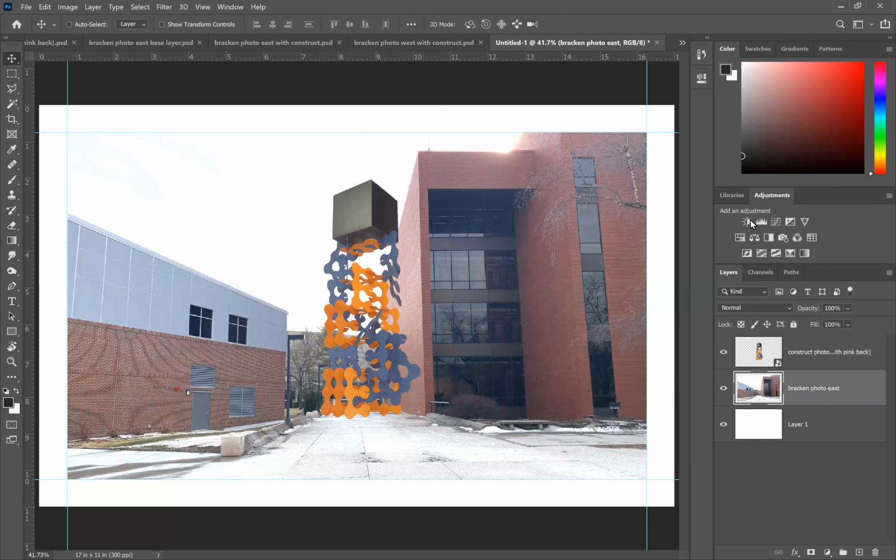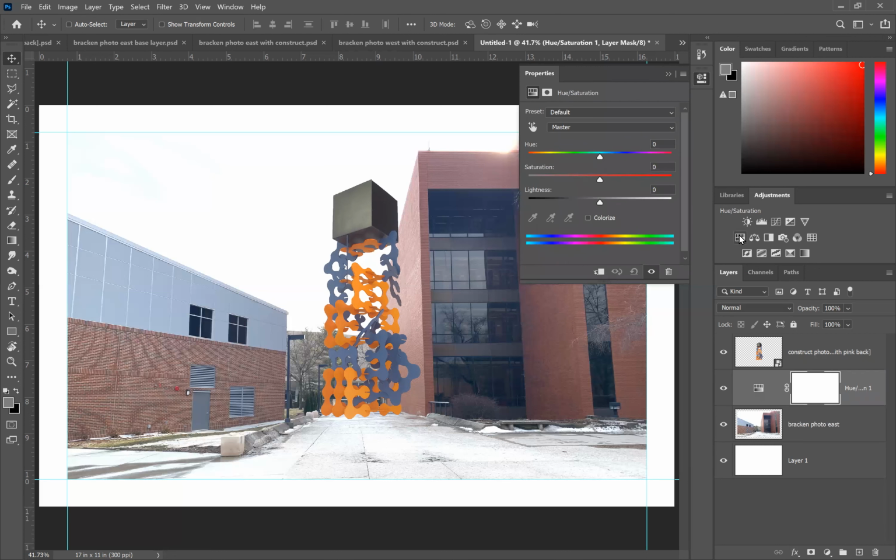If I select this image here, we do have some adjustments we can play with. These adjustment settings, you might check those out if you wanted to. One of my defaults is always going to be hue and saturation, which is this left icon here. With this layer selected, I can click on hue and saturation, and it's creating essentially another layer modification, if you will, a layer above that. And I can go to saturation. I can play with those sliders to desaturate the background. There it is, completely in grayscale, if I take saturation all the way down to